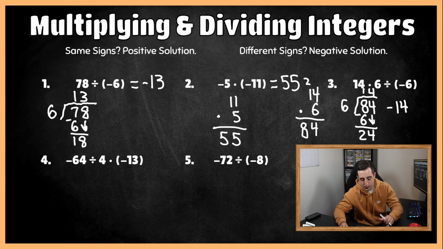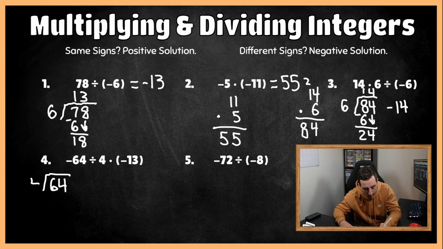And now let's go ahead and make our way down to number 4. Very similar to the previous one. We can't do anything that's in parentheses, so let's go ahead and move from left to right order, and we're going to do -64 divided by 4. So they're different signs, negative final answer at the very end. So 64 divided by 4. 4 fits into 6 one time, so 4 times 1 is 4. You subtract, you get a remainder of 2. 4 doesn't fit into 2, bring down your 4. 4 fits into 24 6 times. 4 times 6 is 24, subtract, and once again we get a remainder of 0. So our final answer is